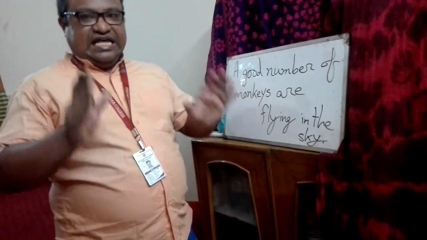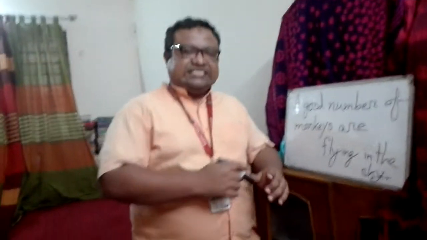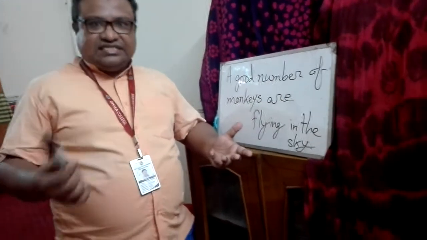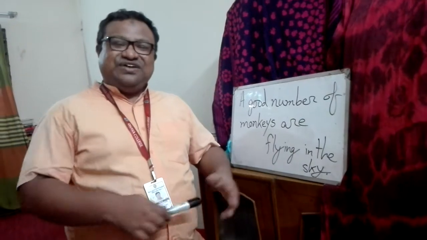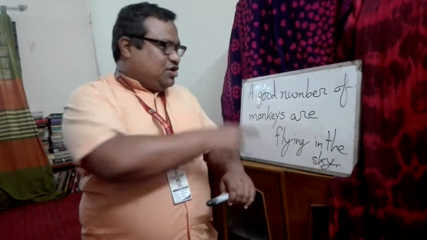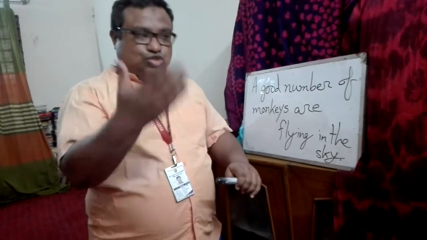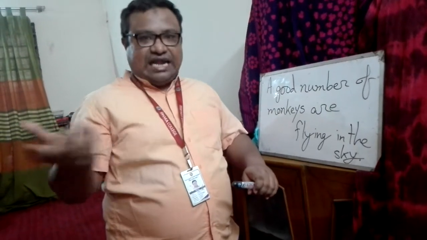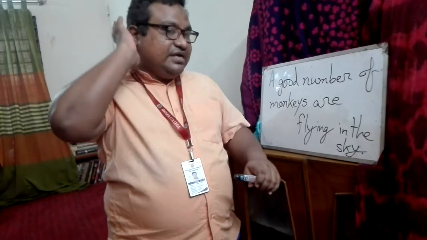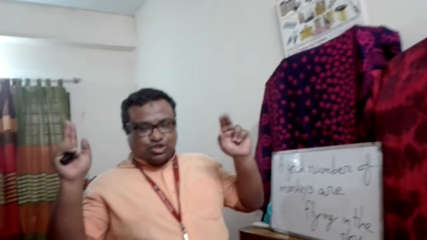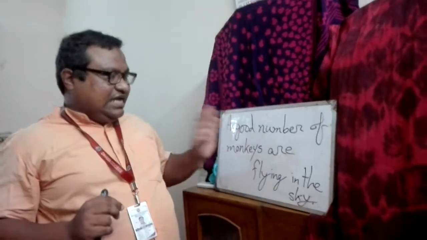It is maintaining the basic structure of a sentence in English grammar. So fine, it is a good sentence, isn't it? The answer is, it is not at all a good sentence. Why? Because we know that monkeys can't fly. This is totally out of context. So we cannot write anything which is grammatically correct but not logically correct, which is totally out of context. So this contextual unity is the coherence.